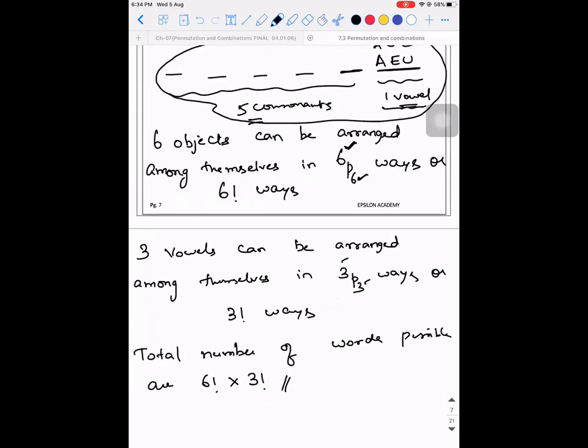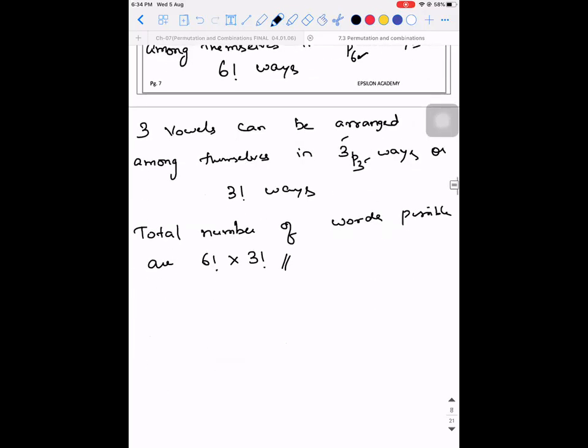Sir, suppose they are giving 13 numbers and they are asking us to rearrange them in some way so that all the even numbers are present together. We have to take all the even numbers as one box, treat it as one object first, and then among the even numbers, you need to do the arrangement.